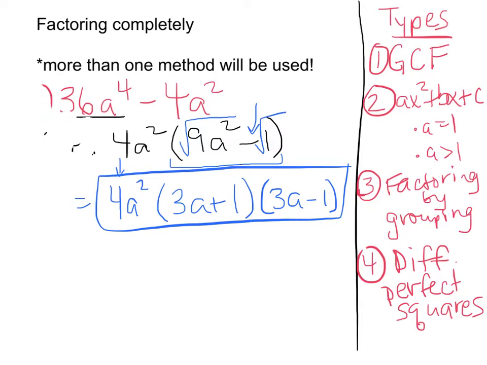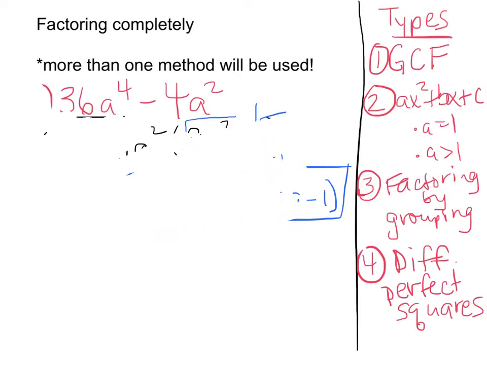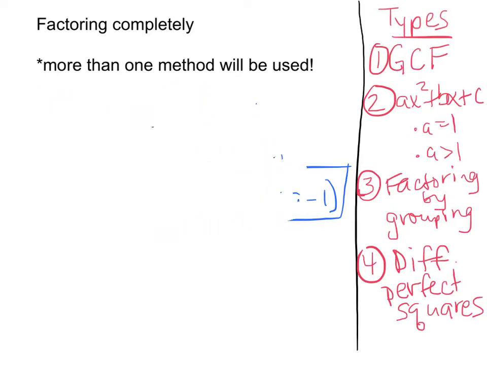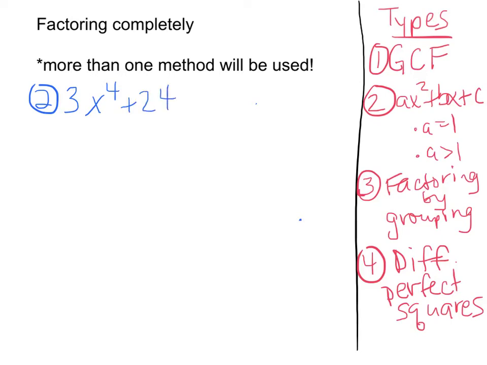Alright, so let's take out another one that's going to combine another couple types of factoring. Alright, let's say I gave you 3x to the 4th plus 24x cubed plus 48x squared. Alright, when I look at this, the first thing I'm going to notice is that there's 3 terms. So I'm going to think to myself, oh, that means I'm going to have to factor by using a factor sum table. Alright, but the only problem is I can't go ahead and do that right away, because if you